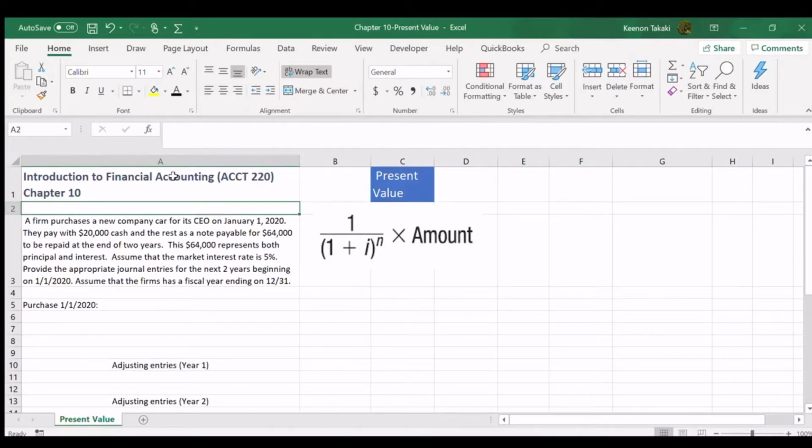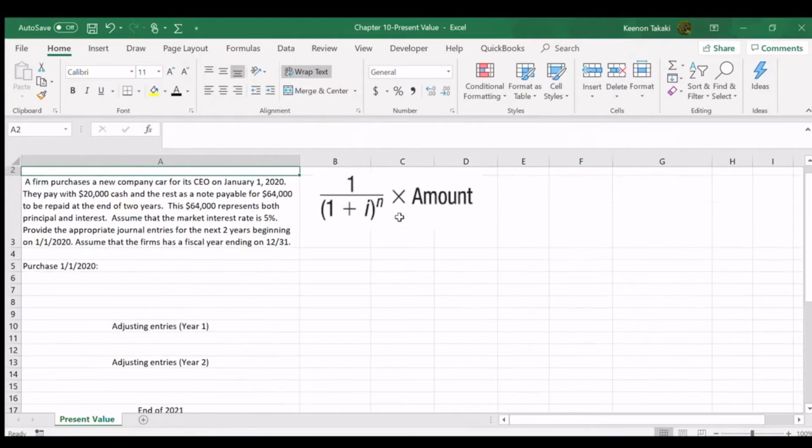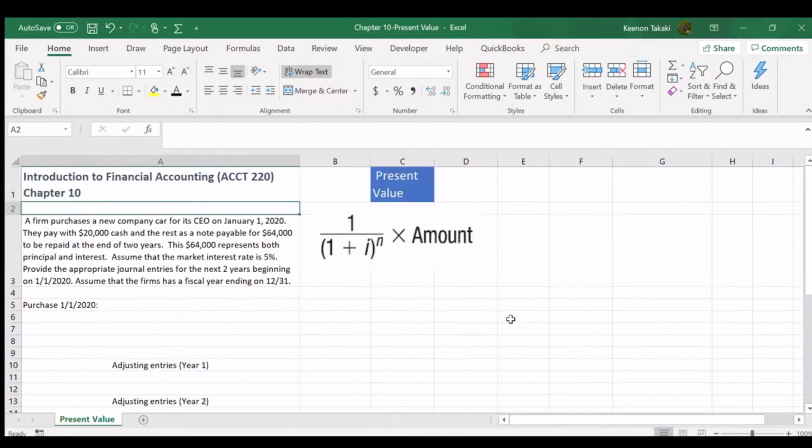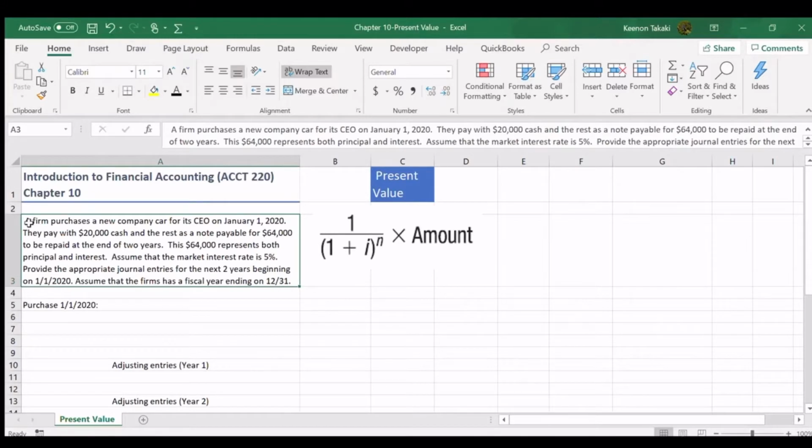Everyone. So for today's video, I'm going to be doing a quick overview of how to use the present value formula and how to use the present value of an annuity formula. And for this first problem, I'm going to be also focusing on how to record the journalizing entries for this set. So for the first problem, it says, a firm purchases a new company car for its CEO on January